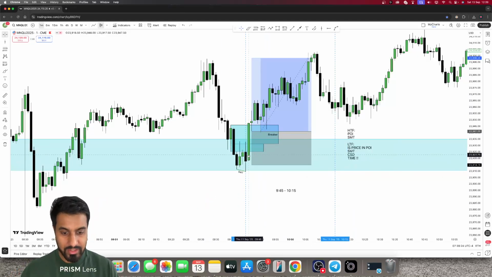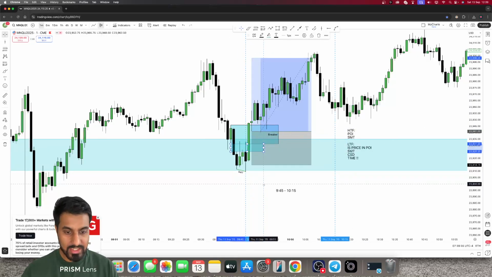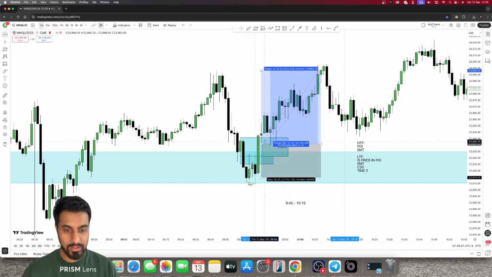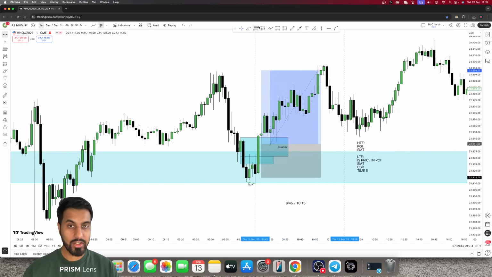We have this big fat candle which closed above, inversing this SIBI right here, and also creating a breaker block. Okay, is price in the right time? Yes, it's within the right time as we got right here. Then all you need to do is take the trade and target your original consolidation of this